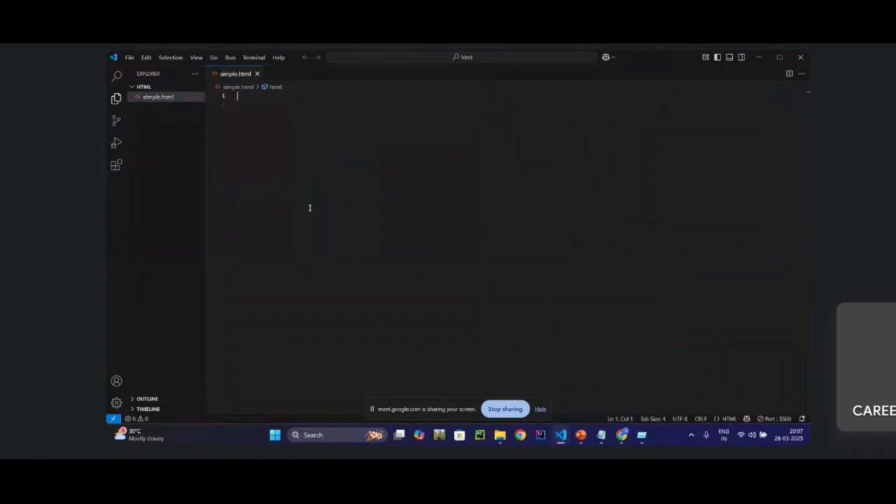I'll clear all that. Now, if I type an exclamation mark and press enter, it will give me the snippet. I don't need to write that html, head, body and all. It is already giving me a title, and I can write my own title. Now I'll write the title: demo code